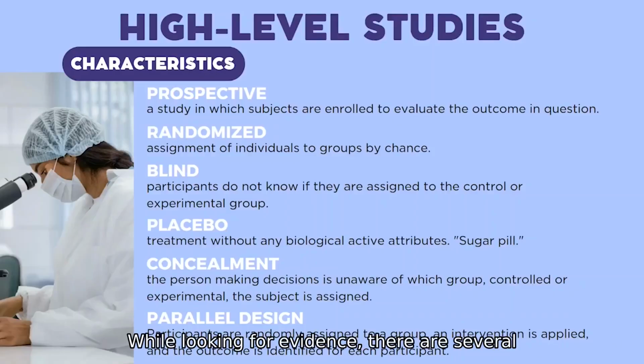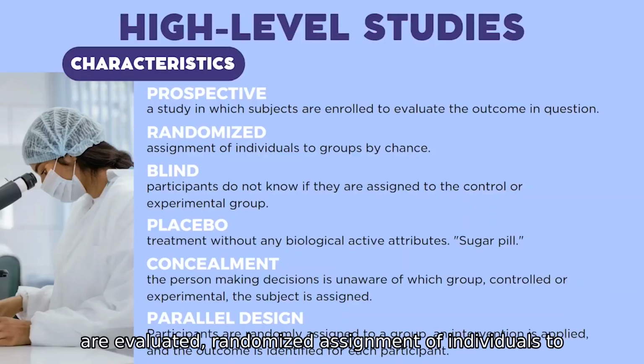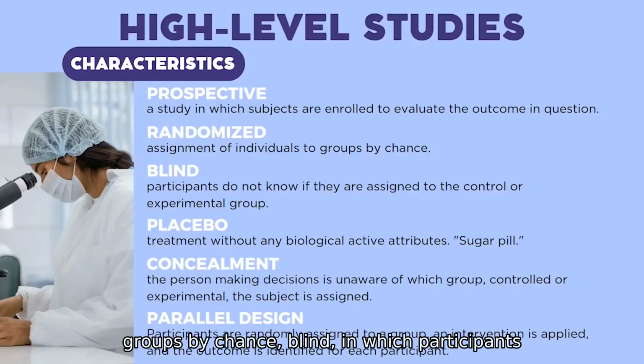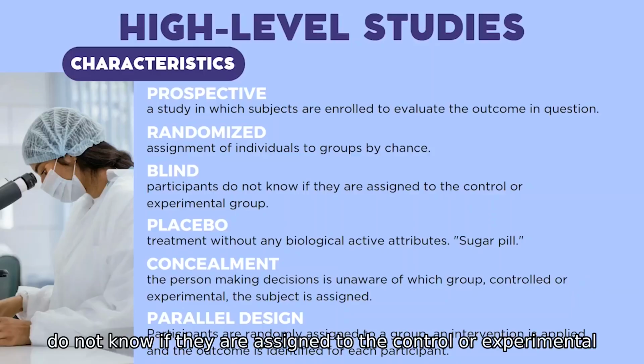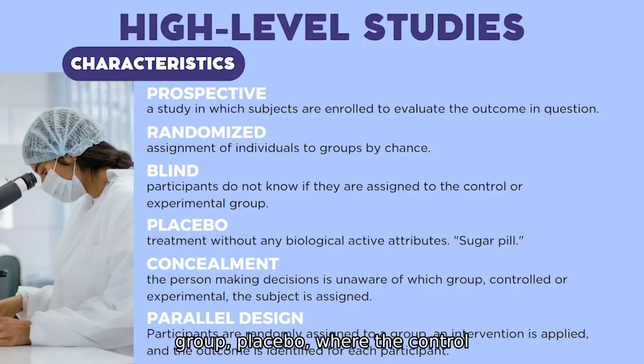While looking for evidence, there are several characteristics that can signal a study as high level. Characteristics to look for are prospective studies where subjects are enrolled and outcomes are evaluated, randomized assignment of individuals to groups by chance, blind, in which participants do not know if they are assigned to the control or experimental group,